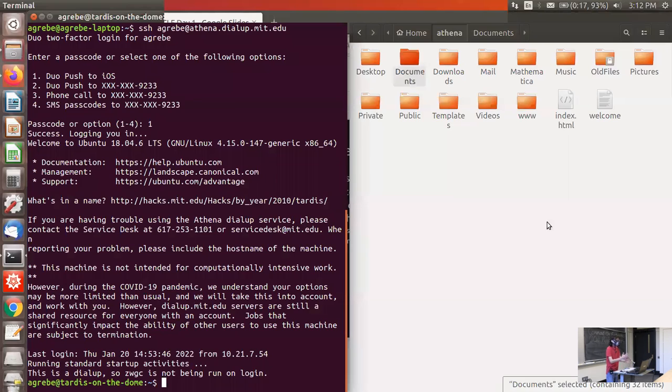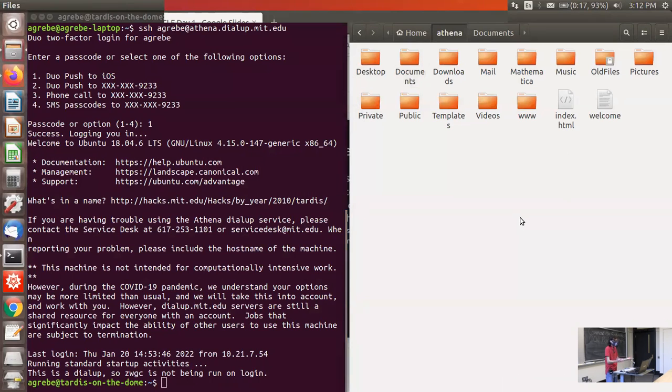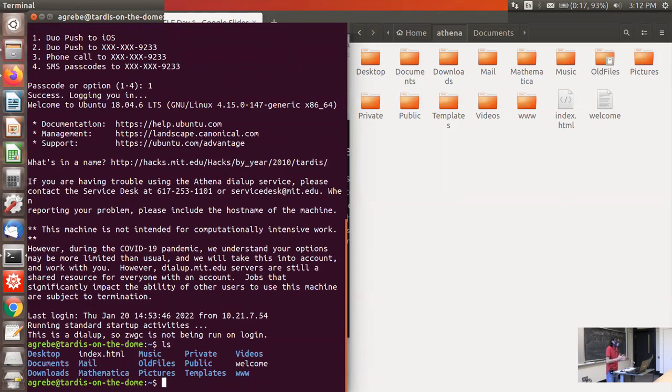So the first thing that this GUI tells you is what files are in this folder, just kind of for free. You don't even have to do anything, you just look. And so the equivalent of this in the terminal is the command ls, which stands for list. If I type ls, it will list all the files and folders in this directory here.